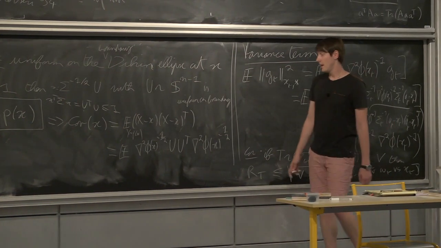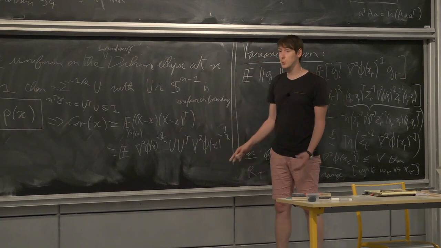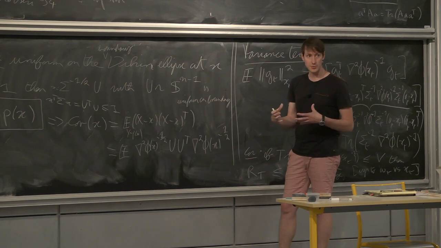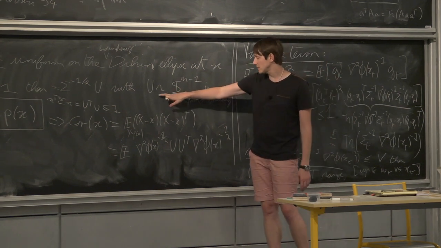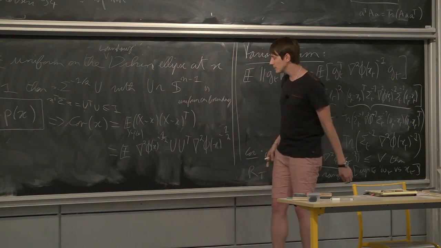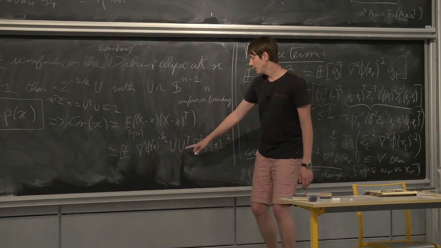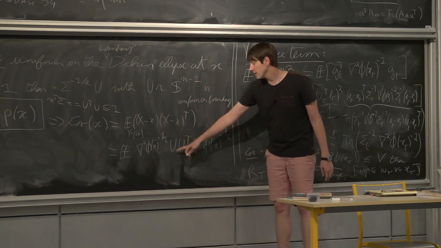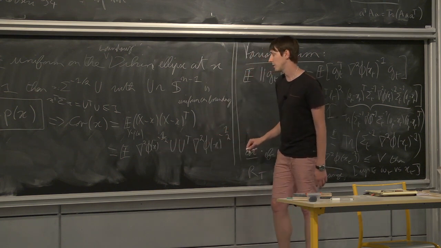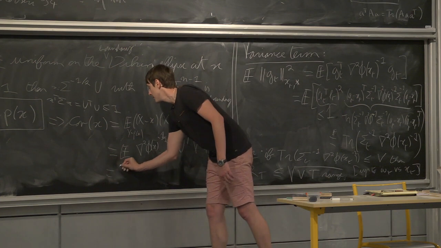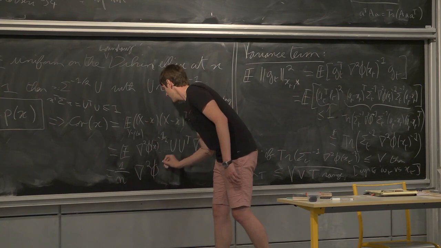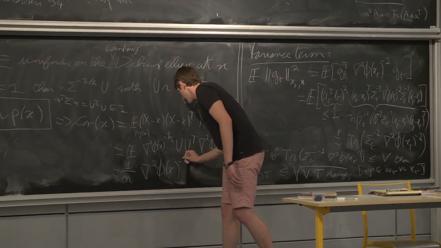And what is the expectation of U U transpose when U is on the sphere? It's rotationally invariant, so it should be some multiple of the identity. And what is the multiple? It's given by the variance of any coordinate, which is 1/n. So this thing is 1/n times the identity. Now you have Hessian minus 1/2 times Hessian minus 1/2, so you get 1/n times the Hessian of phi at x inverse,